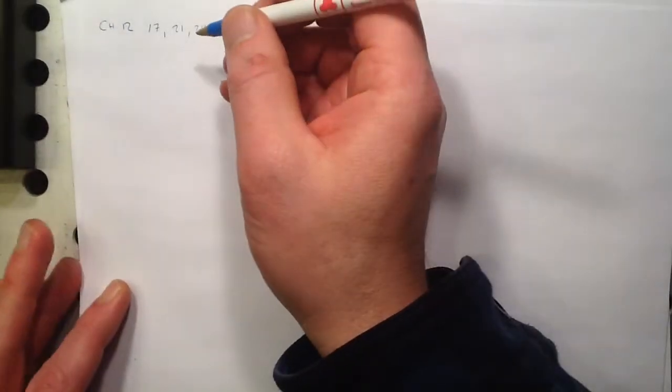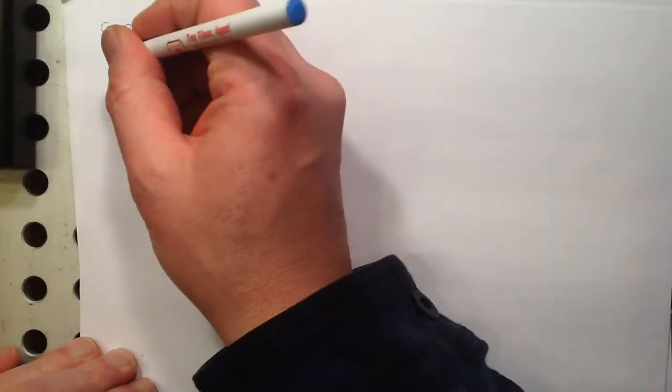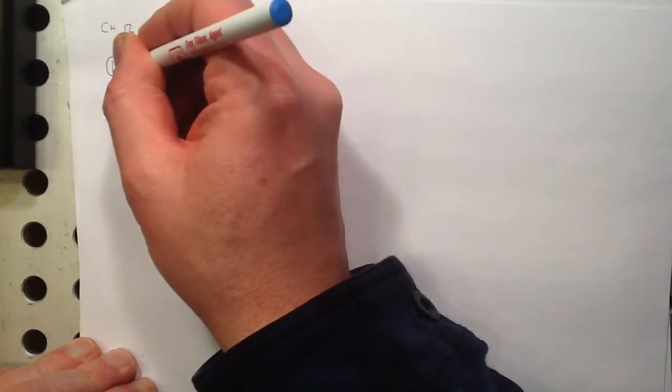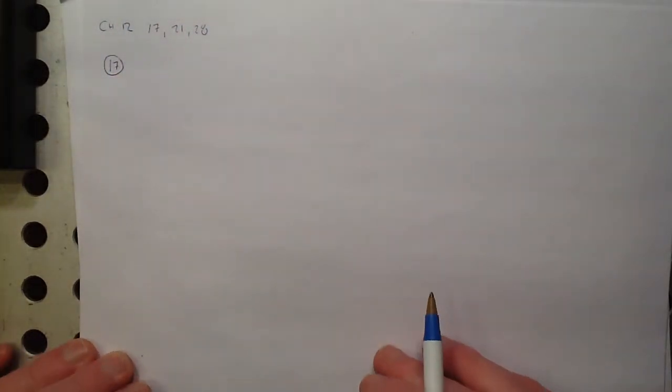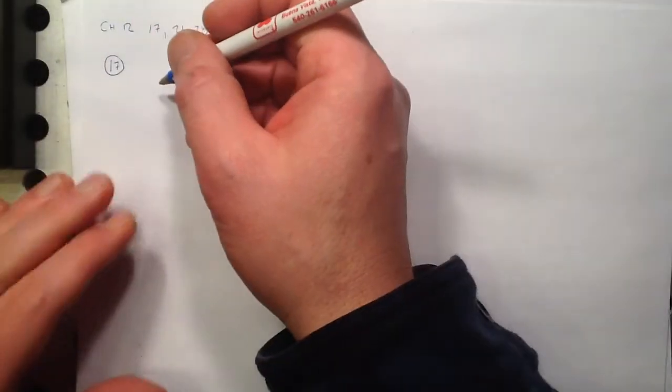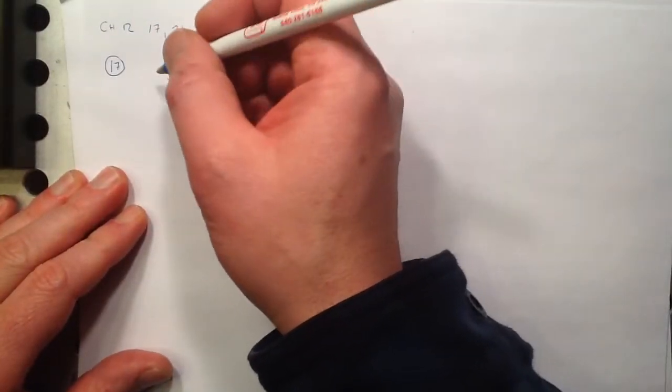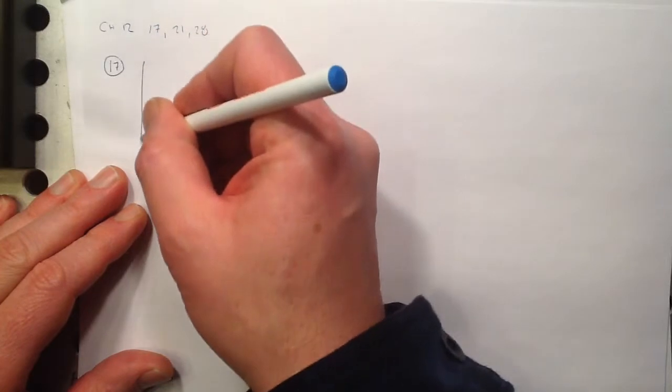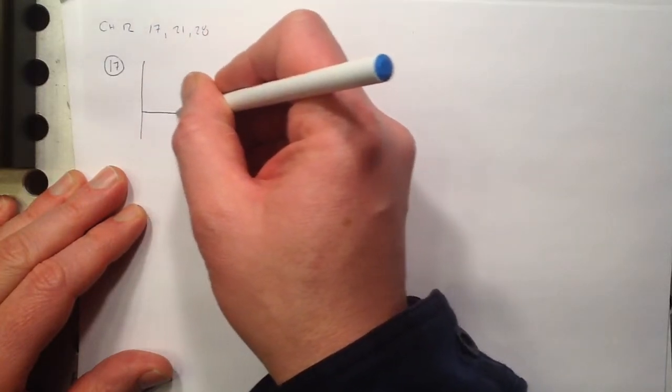Here are the solutions for physics problems from Chapters 12, 17, 21, and 28. Some static equilibrium problems. Number 17, we have a familiar looking situation where we've got a beam